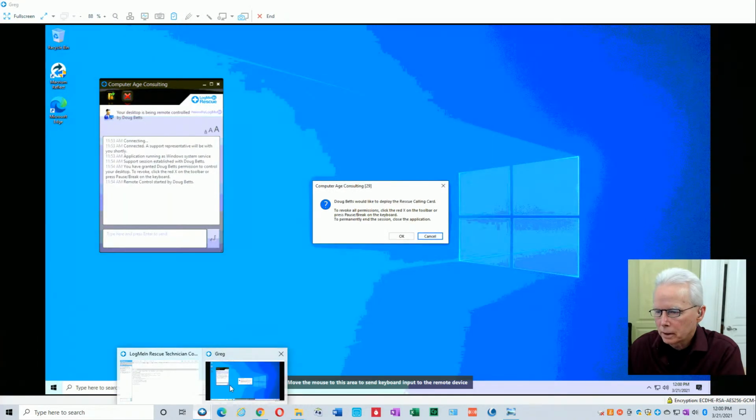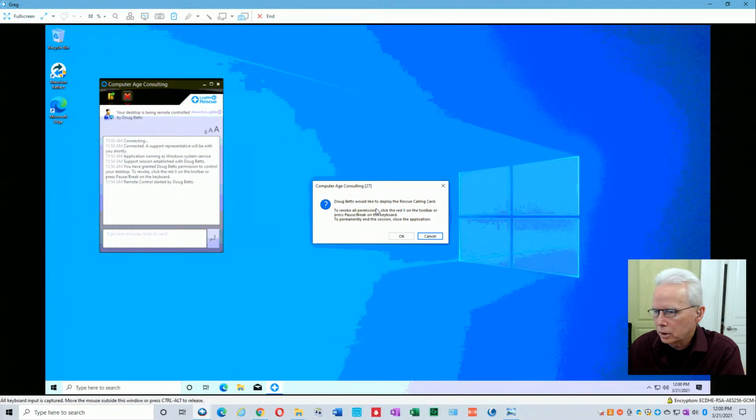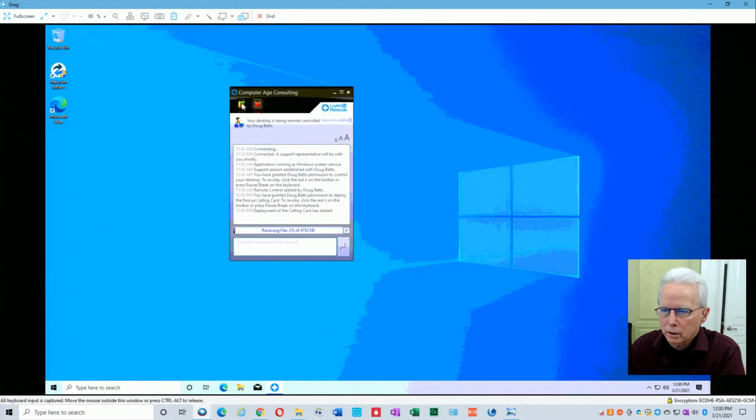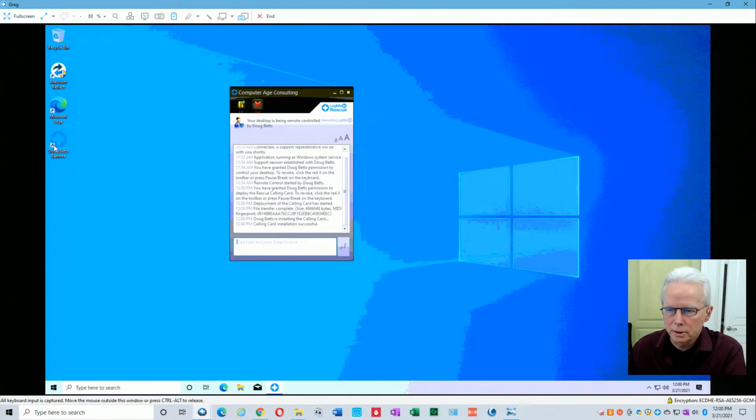So I clicked a button on my side, and then it's got this message here we have to click OK to, and that's going to put an icon on your desktop over in this area, so that after we restart the computer, you can simply double click that icon and it'll reestablish the remote connection without you having to go to the website of logmein123.com. Okay. All right,